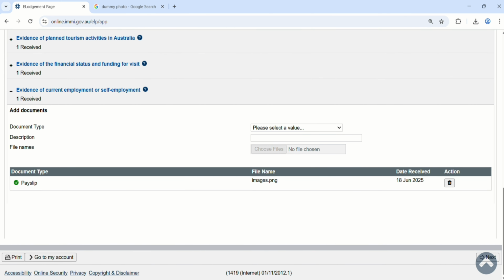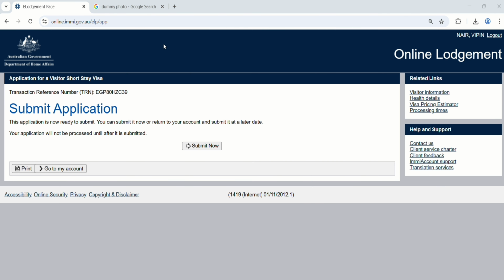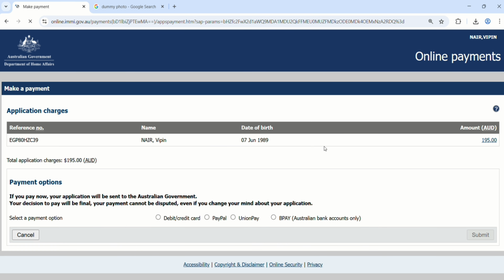The payment we have to make in Australian dollars. 195 Australian dollars we have to pay by card. Submit here. Now it will redirect to the payment gateway, and you can see here 195 Australian dollars, and there are three options for payment: debit or credit card, PayPal, and UnionPay. BPay is only applicable if you are in Australia with an Australian bank account. After you make the payment,